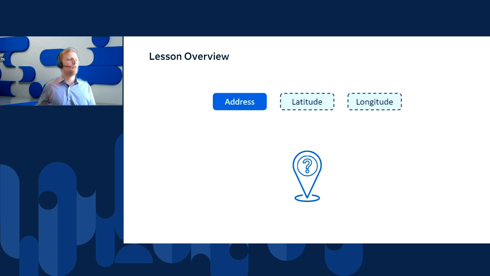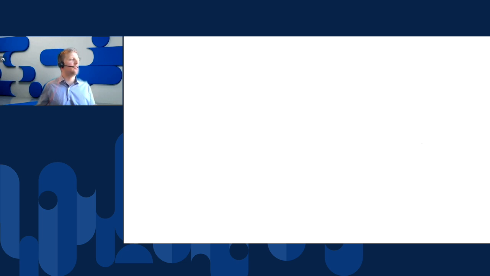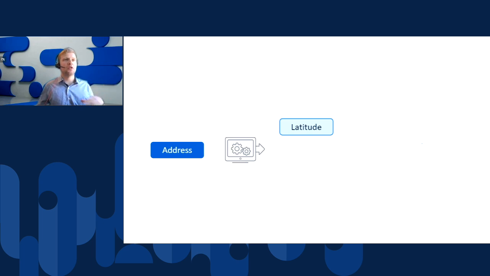So to solve for that, we need to somehow transform this text address string into a numeric latitude and longitude value. This process is known as geocoding. This is where we take that text address string, 123 Main Street, and turn it into these coordinate values that we can then plot on a map.